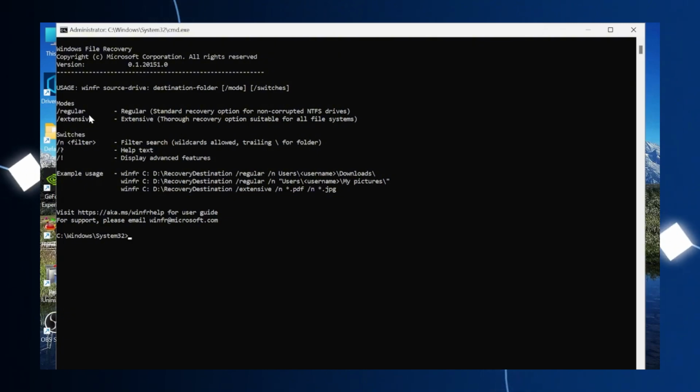So first thing we need to type in here is WinFR, and that's going to be the start of all the commands that we put inside of here, followed by the spacebar, and you need to specify the drive in which the file was saved in. So before my file was deleted, it was located in the C drive, so I'm going to type in C:, followed by the spacebar, and then you need to specify the drive in which you want the file to be